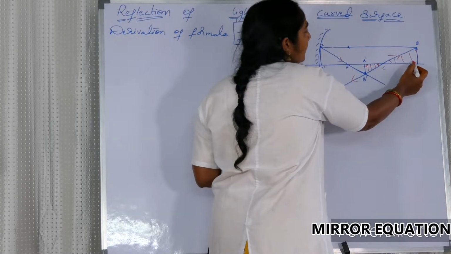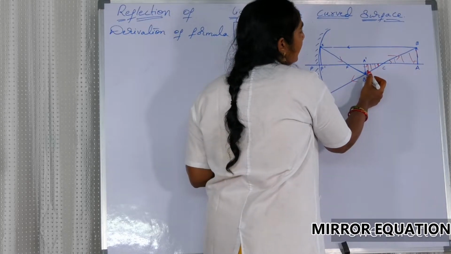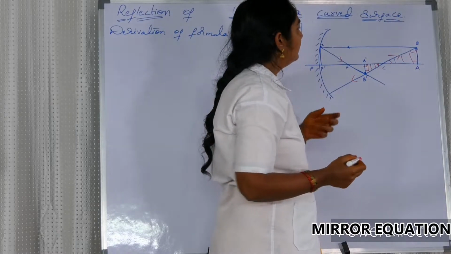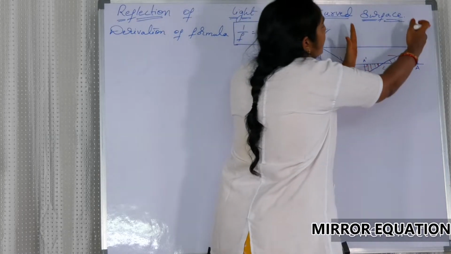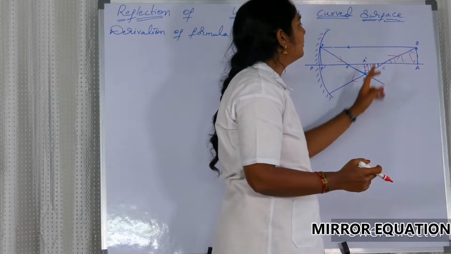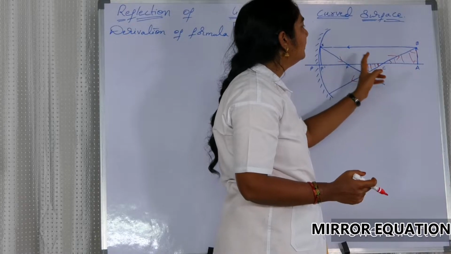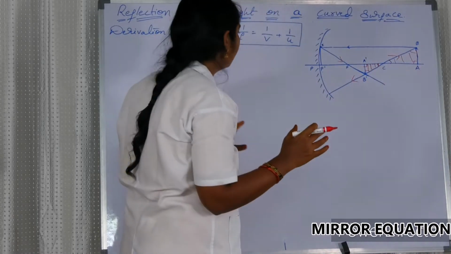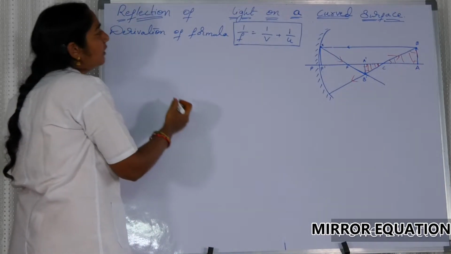These two angles are 90 degrees, and these two are vertically opposite angles, these two are alternate angles, when we take these two as the parallel lines and this as the transversal. Both are 90 degrees. So according to the axiom AAA, these two triangles are similar. When two triangles are similar, the ratios of their sides are equal.